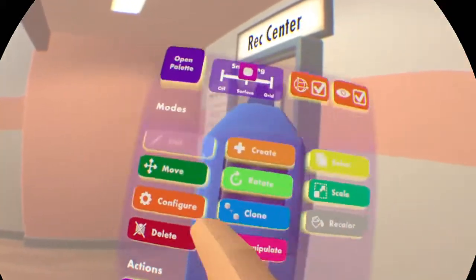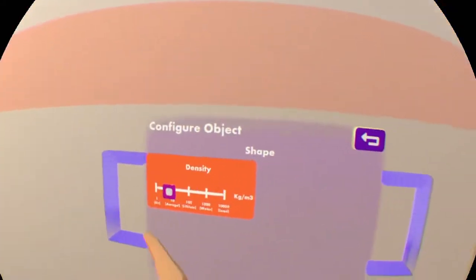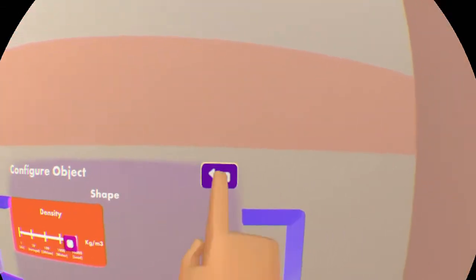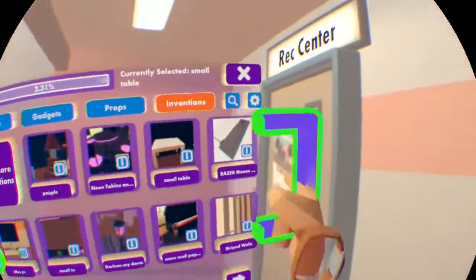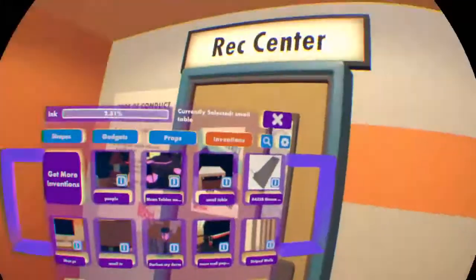You want to go into edit, configure, density, all the way up. Boom. So now, you want to click on done editing, pick it up, and boom. Now it won't go through your walls or floors. So then you want to